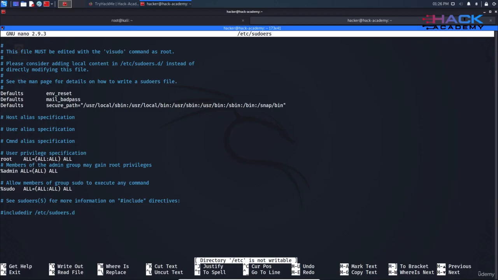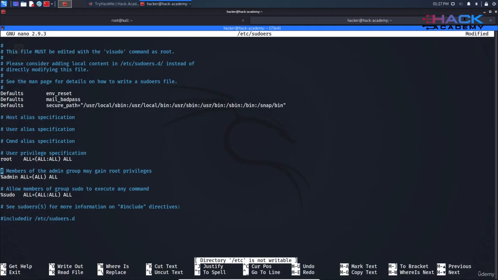As you can see, we're able to view the contents of the file. Normally, we wouldn't have read access to the file. What we need to do now is to add our users into the /etc/sudoers file and copy the root user's configuration. So what I'm going to do is go right under root, specify my user's username, which is hacker,